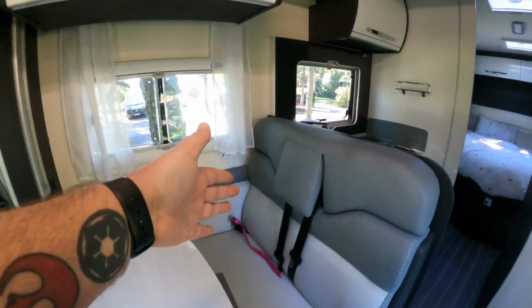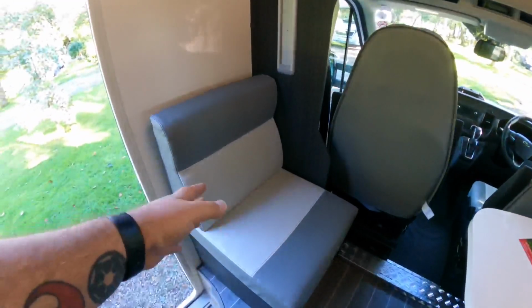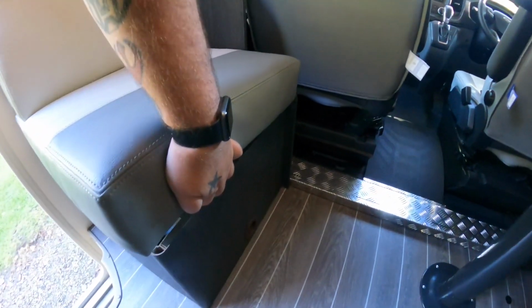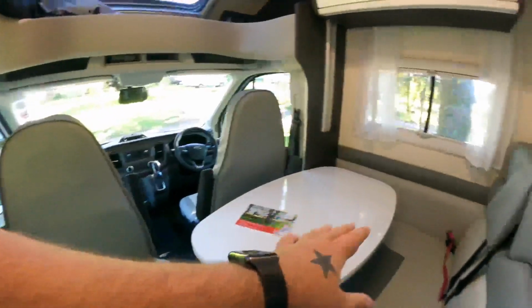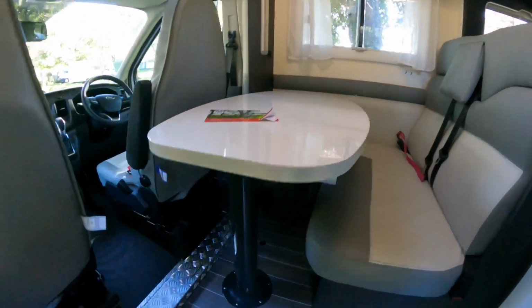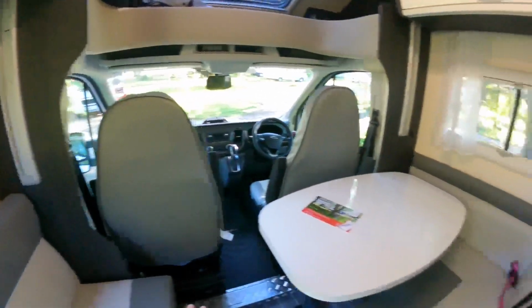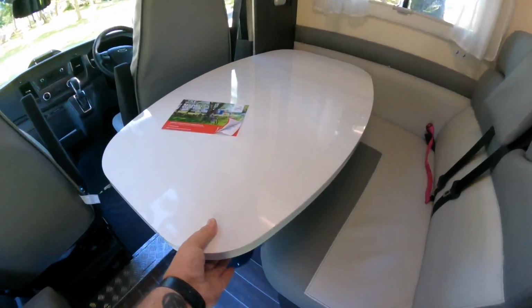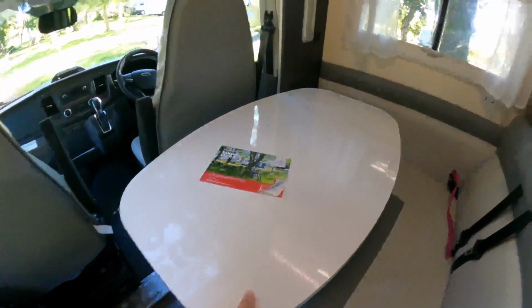So you've got your travel seats here. There's just the 2 travel seats here. That one doesn't really do anything. I think there's a storage underneath it. Yeah, there is. There's something underneath it. That all comes away. I don't think you can turn it into a bed. Sometimes you can turn these into beds, but I don't think you can on this one, although we haven't been shown. Table moves around, so you've got a lever underneath, and that all moves in and out and backwards, and